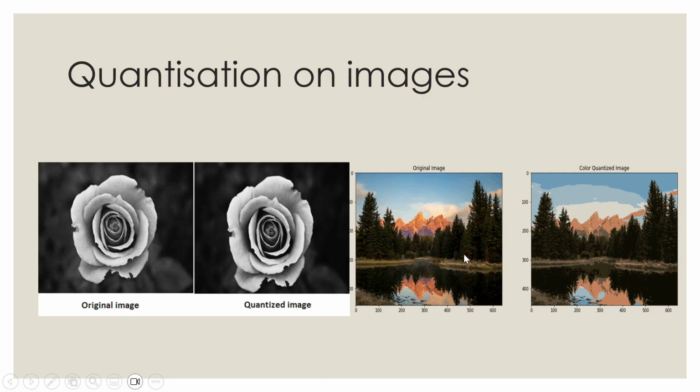In color images also we can do this quantization. Here we can see different shades of blues and whites, but these values are quantized to only 3 values. Here you can see blue, light blue, and only white. So this is the effect of quantization on the images. Basically, quantization is nothing but some approximation on the levels of the intensities.